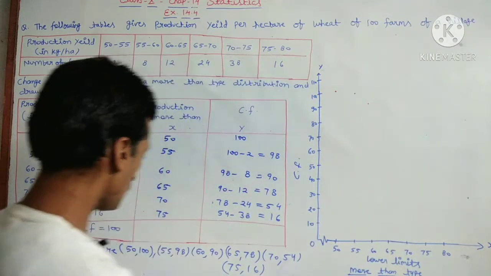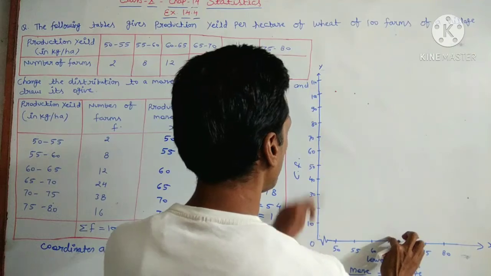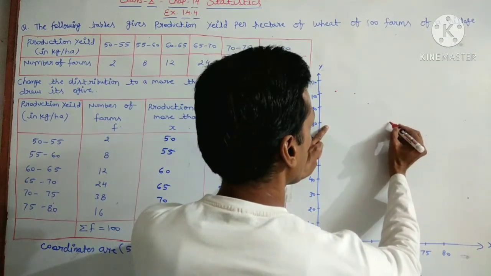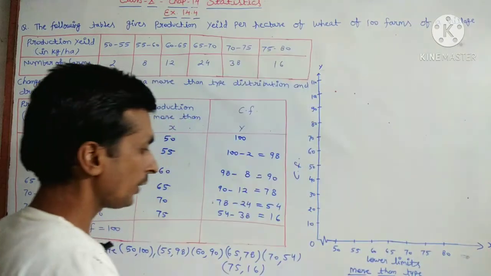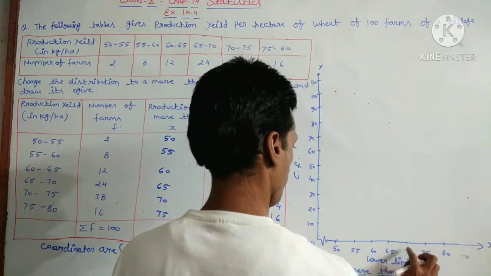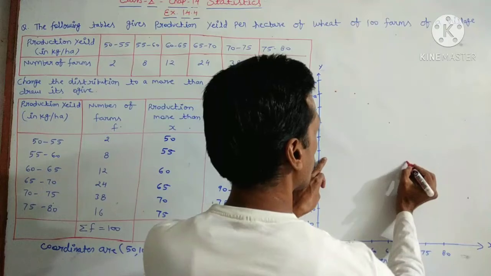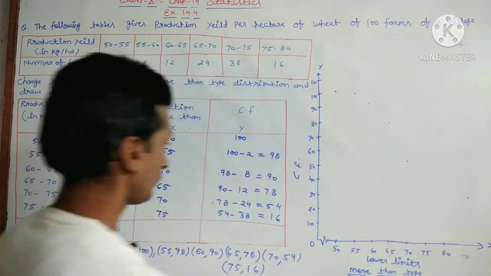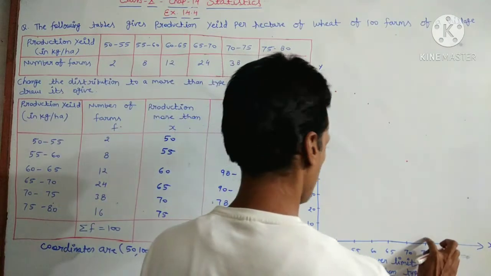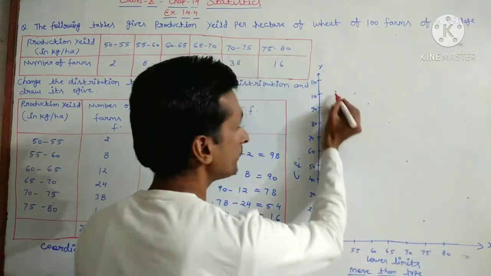And the next 65 and 78, 65 between 70 and 80. Then 70 and 54, and the next last one 75 and 60. After joining,